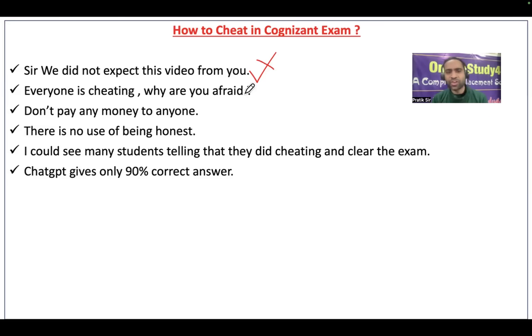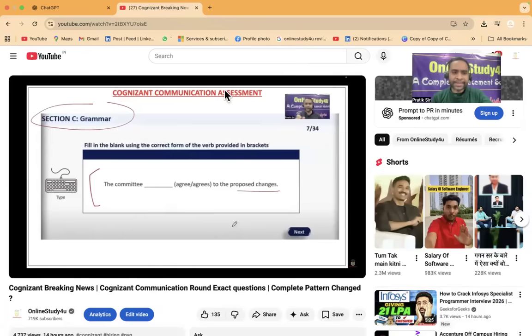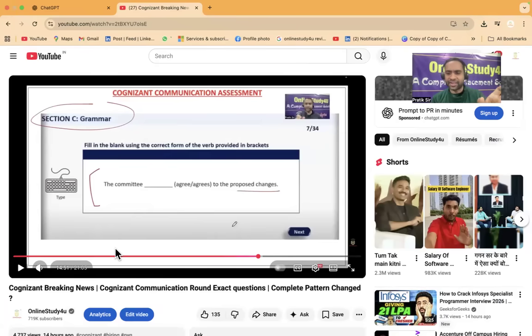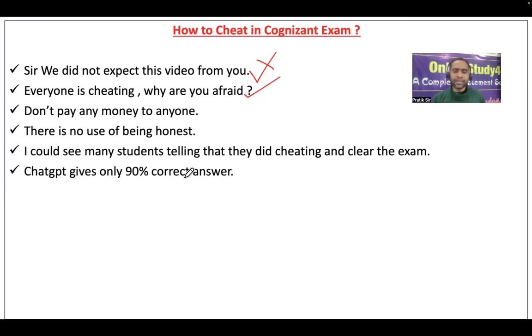See, most of them are cheating. I will not say everyone, but most of them are doing it because these exams are online. You are sitting at home and writing the exam. Yesterday I made a video also, and the hiring is still active. So when the exam is happening online, you go ahead and do whatever is possible. Now, friends, what is the tool which is mostly getting used?